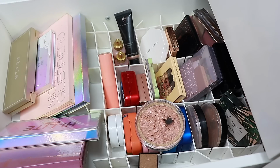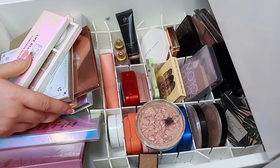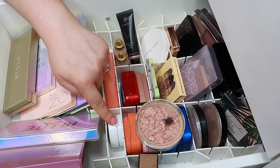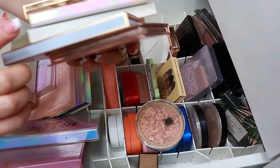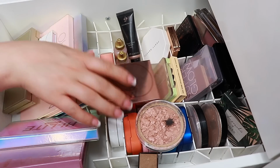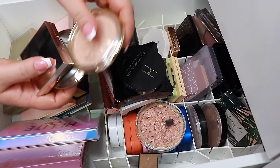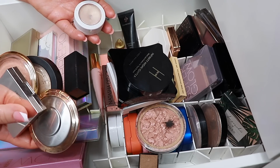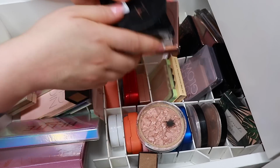We got rid of, let's see here, face palettes. These are face palettes. So now we have 39 highlighters when I added in the ColourPop one, but we got rid of 5 face palettes: Kaya, Odansai, Flower Beauty, Laura Geller, and Sleek. And then 1, 2, 3, 4, 5, 6, 7, 8, 9, 10, 11. So 11 plus 5, 16 highlighters we got rid of, and I actually feel kind of proud of myself for that because